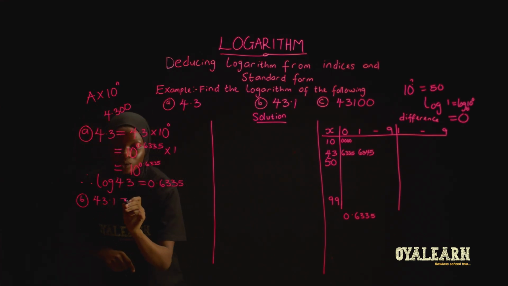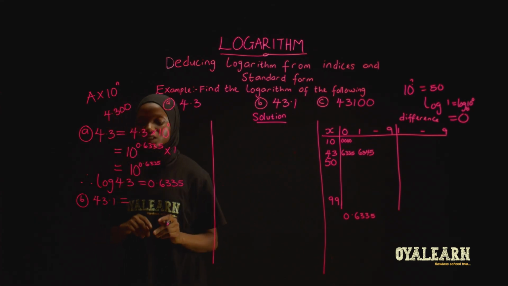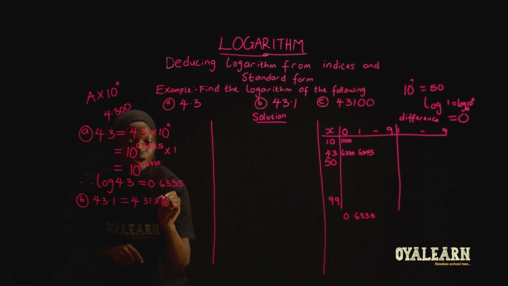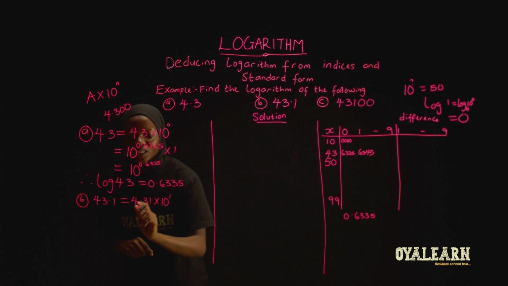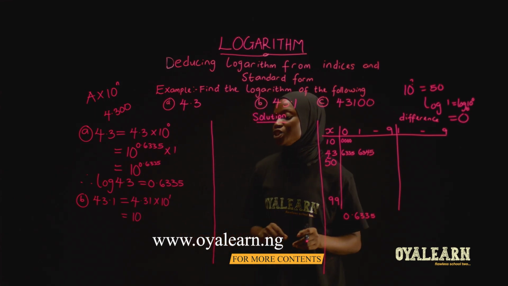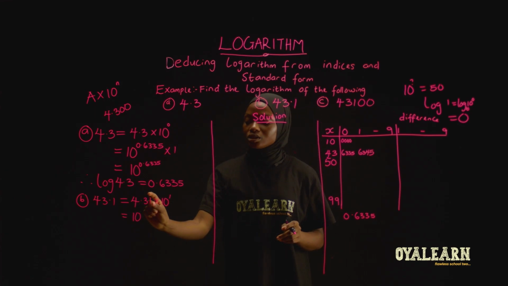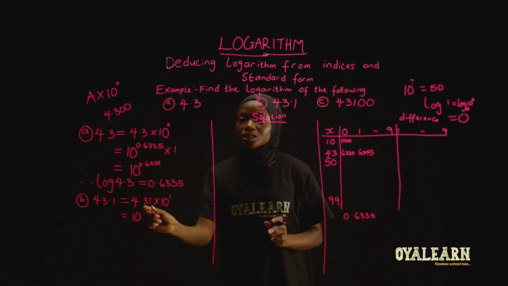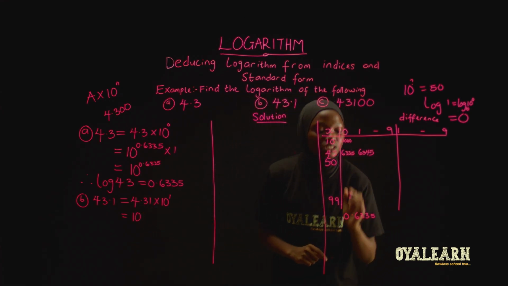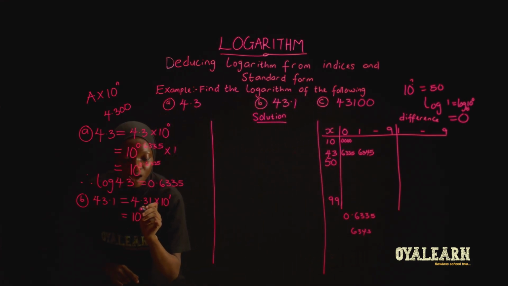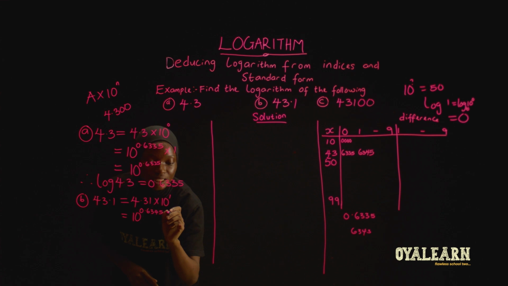Now the next question, B, we have 43.1. Here also we express 43.1 in standard form first, which is going to give us 4.31 times 10 raised to the power of 1. And 4.31 we express as 10 raised to the power of a particular value. Going back to our logarithm table, what we are going to check is 43 under 1. Then this is the same as 4.310, difference 0, but we don't have any difference 0, so we are only concerned with 43 under 1. So 43 under 1 here is going to give us 6345. That is 10 raised to the power of 0.6345 would give us 4.31,